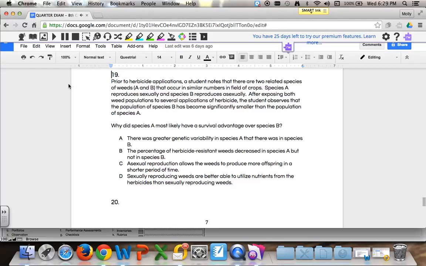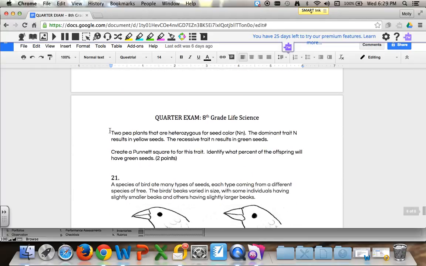20. Two pea plants are heterozygous for seed color, Nn. The dominant trait results in yellow seeds. The recessive trait results in green seeds. Create a Punnett square for this trait. Identify what percent of the offspring will have green seeds. 2 points. 21. A species of bird ate many types of seeds, each type coming from a different species of